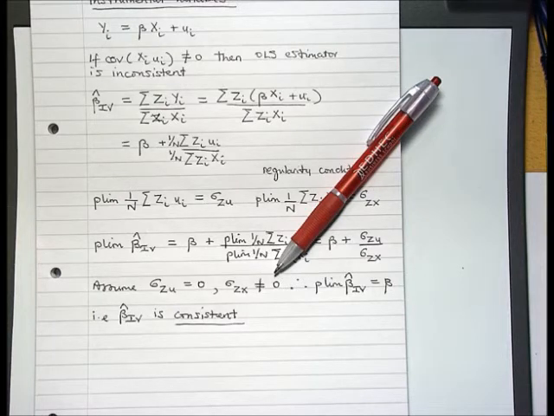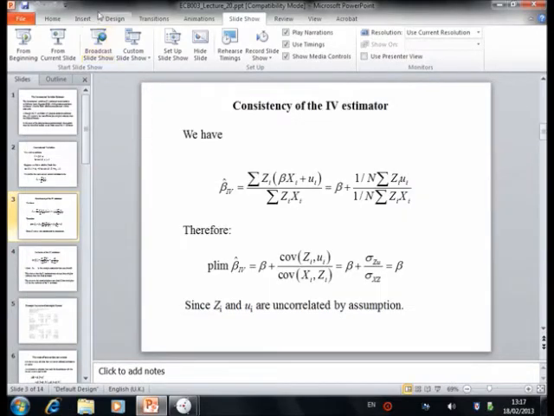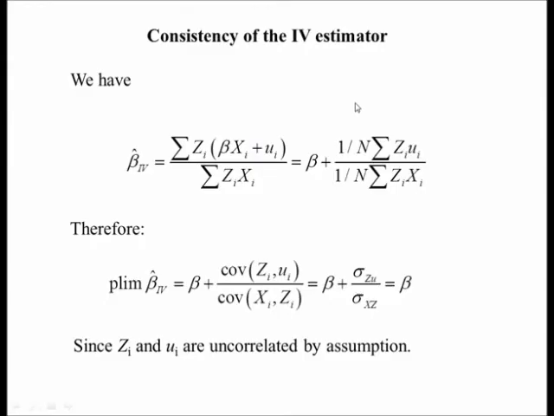Okay, we've got to be able to find such a variable. Now it happens that particularly when we come to the simultaneous equations model that we looked at last week, there are some natural variables that arise that will do this for us, and they are the exogenous variables of our model. Okay, but in more general cases, it may not be obvious where the z variables come from. Okay, well, let's go back to the slides and take a look at this in a little bit more detail. So if we go back to the slides here,